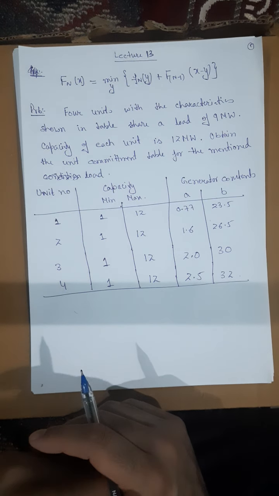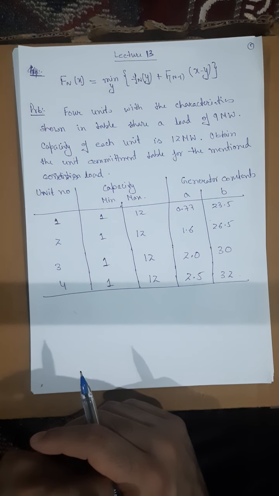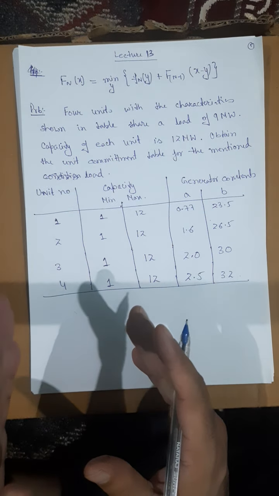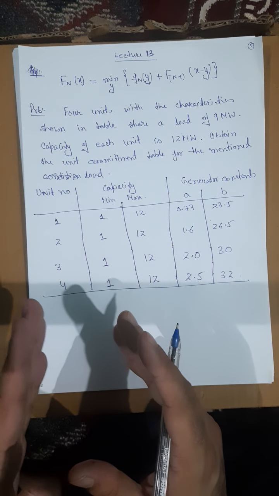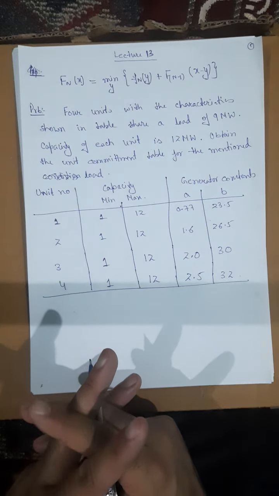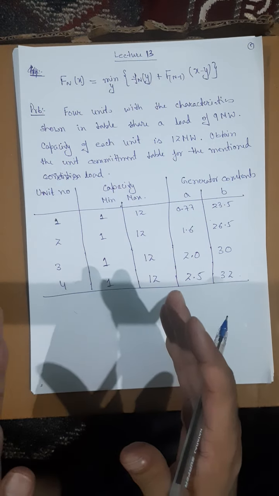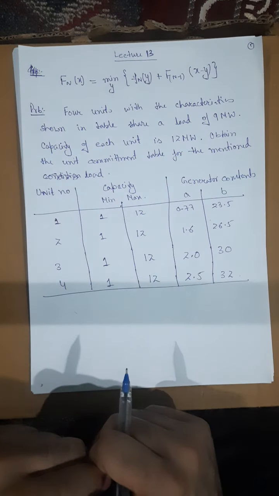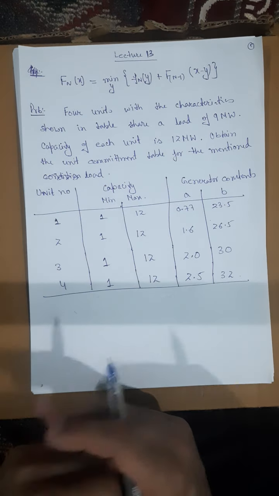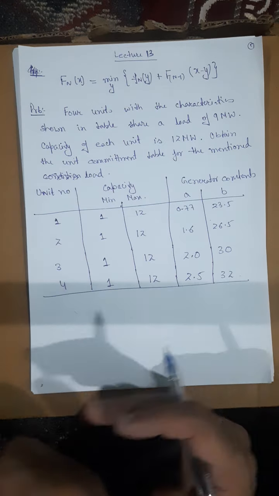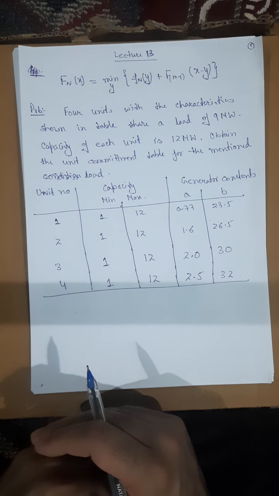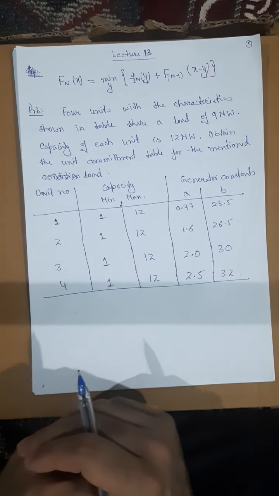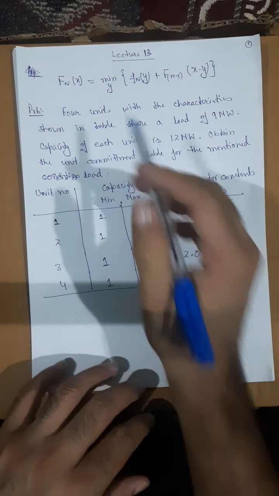By this, what I was trying to explain is, suppose I have a load of 10 megawatt or more, and if the total generation from the n units in a combination is not more than or equal to 10, then that combination is not possible. Okay, so in this lecture, then I told you what is dynamic